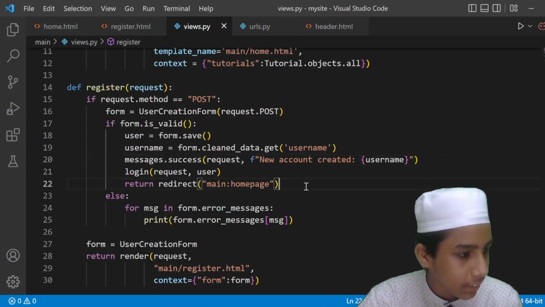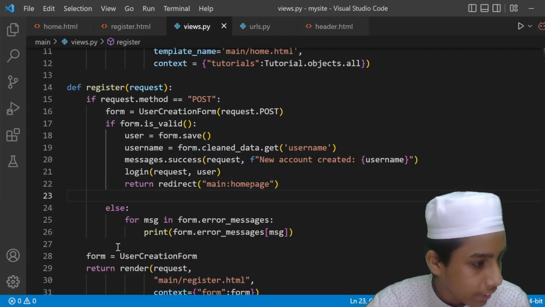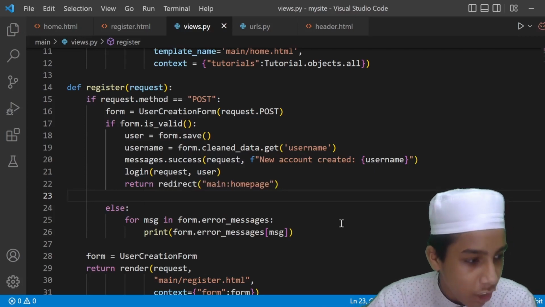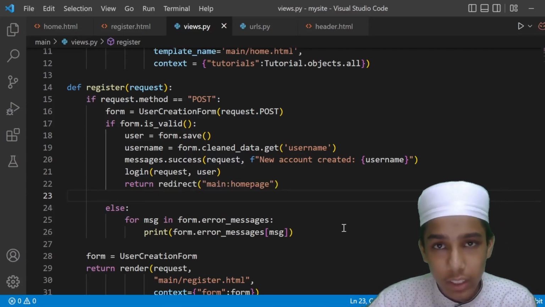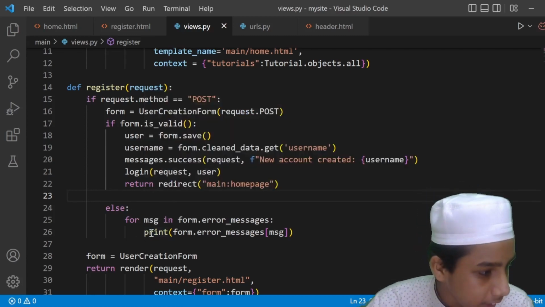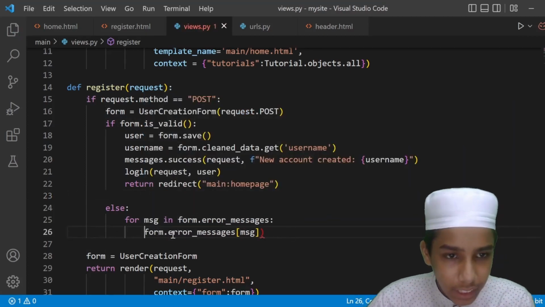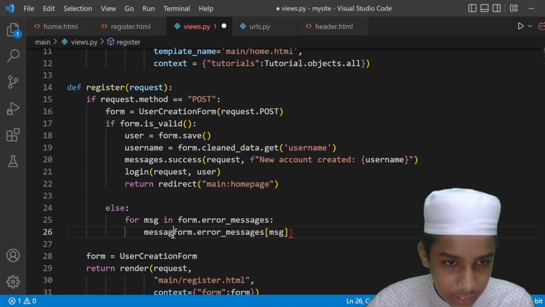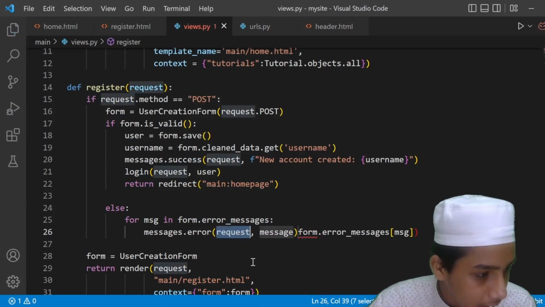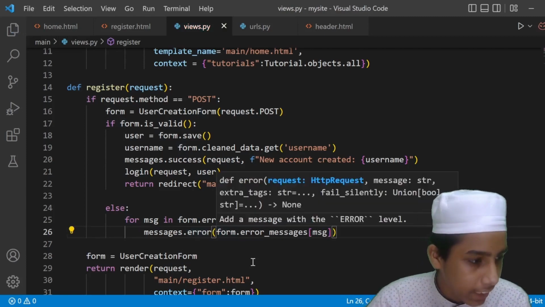So now let's make some space here because it's side by side, it's going to confuse us later on. So now guys, I'm going to give the else here, and I'm going to change this one in the else, like we have for messages in form.error messages. Okay, so instead of print, I'm going to remove this print, and use messages.error, messages.error. Okay, and then I'm going to make the